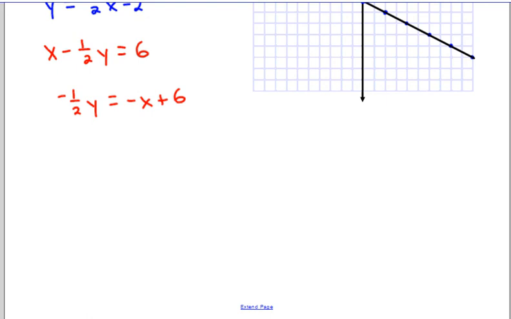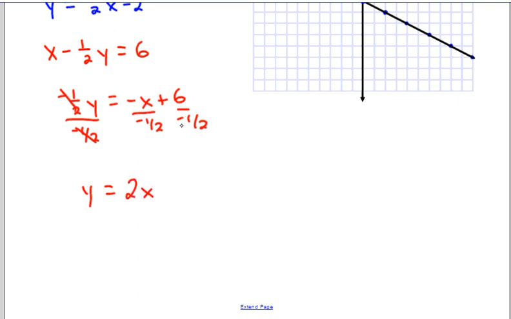Now, I'm going to do the exact same thing. I'm going to divide everything by negative 1/2, just like I did on the other one. Take the x to the other side, and then divide by the number in front of the y. That way those cancel, and you get y by itself. Two negatives make a positive, and then when you divide by a fraction, you flip and multiply, so you get